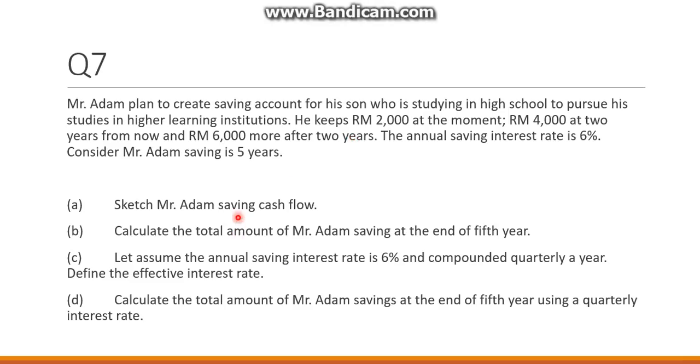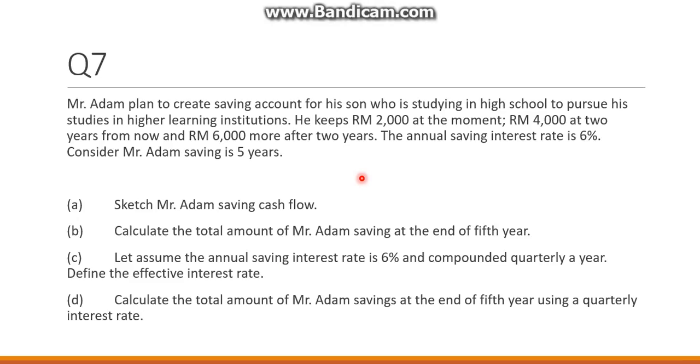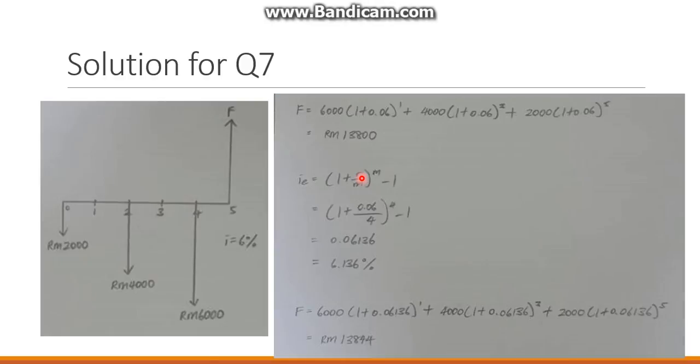Next, the question asks us to find the effective interest rate. Assume the interest rate is 6% and compounded quarterly. Quarterly means 4 times per year. So we use the formula 1 plus r over m, in brackets, to the power of m, minus 1. r is the interest rate, and m is the number of compounding times per year, which is 4. So we get 0.06136,